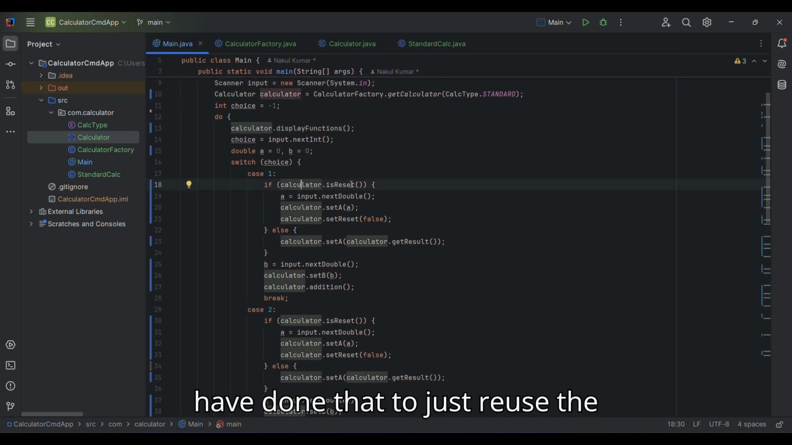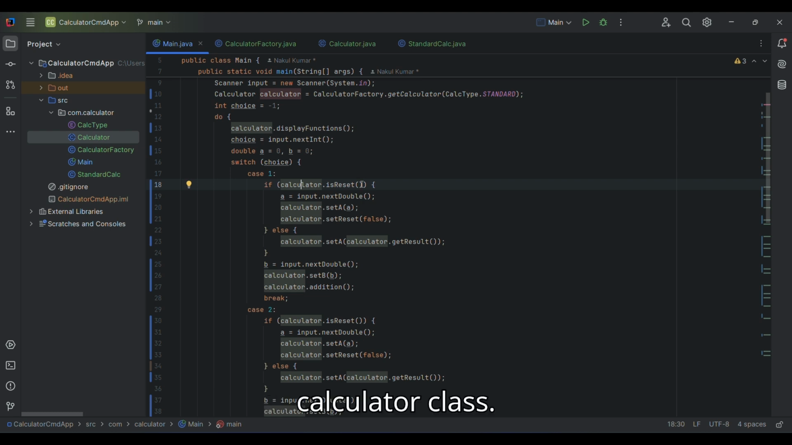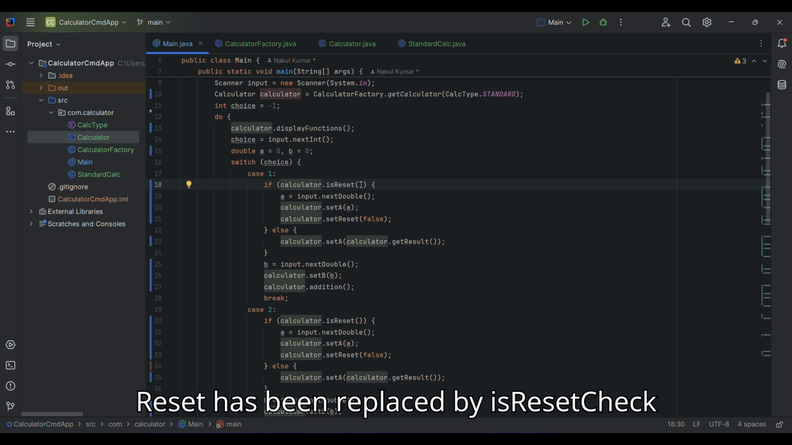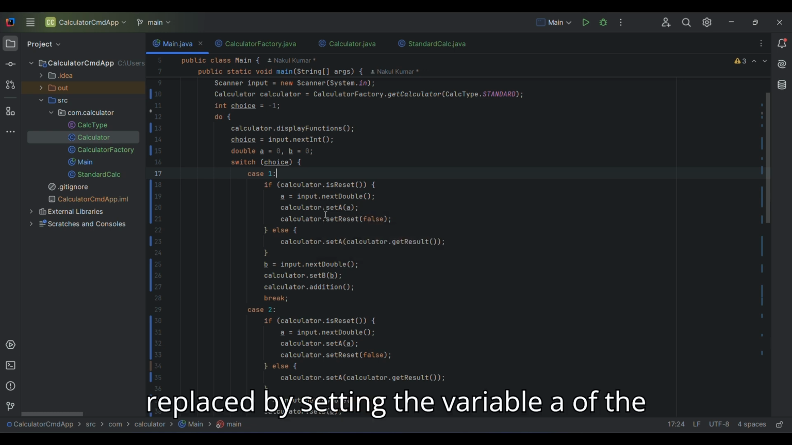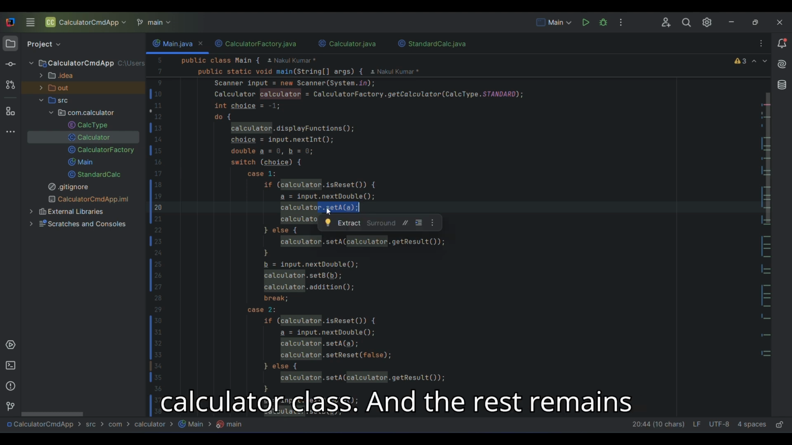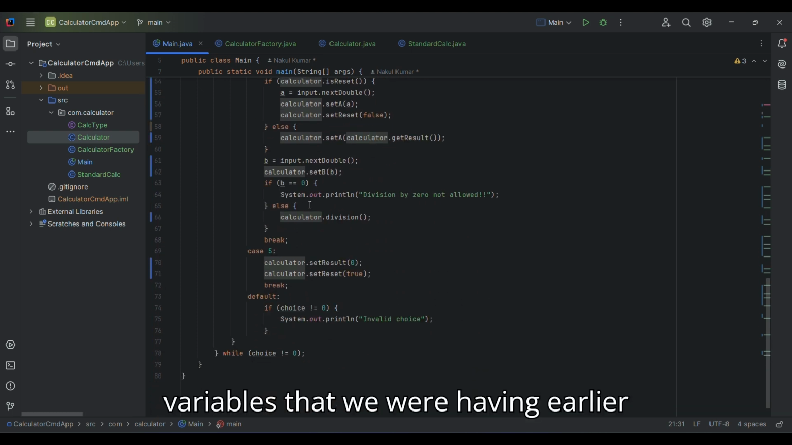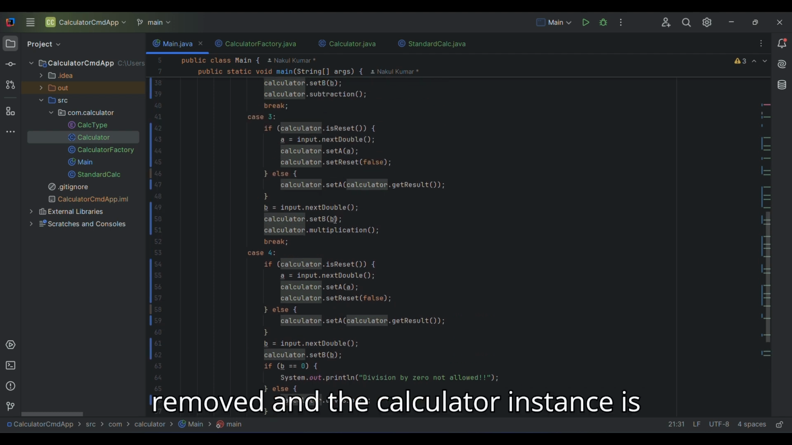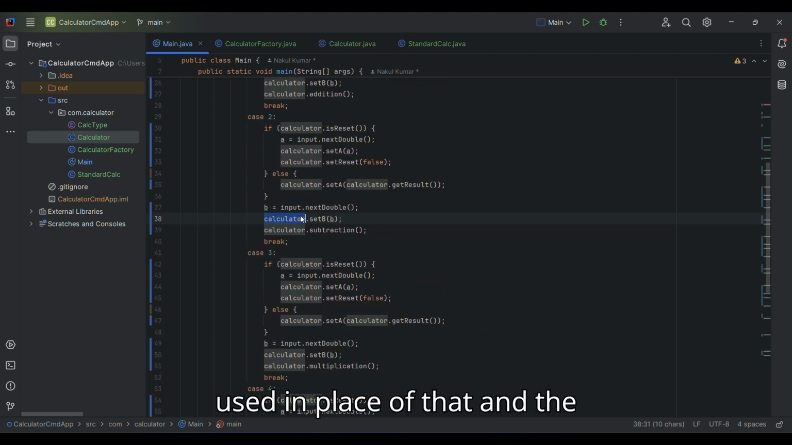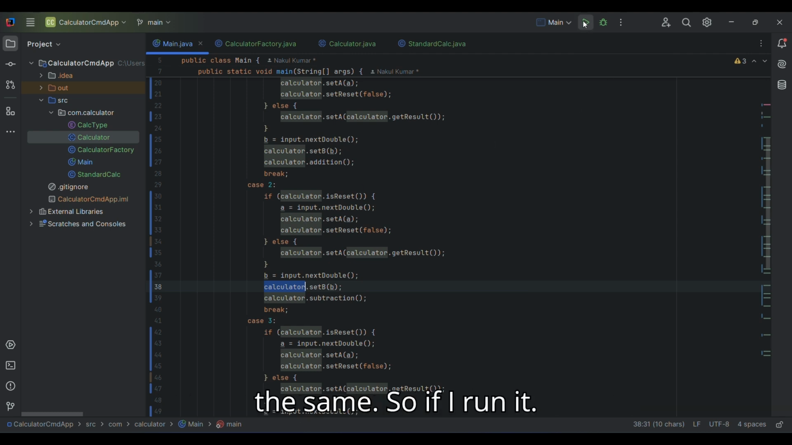Post which I have done nothing, just reuse the variables which are now present in the calculator class. Like is reset has been replaced by is reset check, and setting variable a is now replaced by setting the variable a of the calculator class, and the rest remains the same. So all the occurrences of single variables that we were having earlier, independent of any class, now have been removed, and the calculator instance is used in place of that. And the functionality of the calculator remains the same. So if I run it,